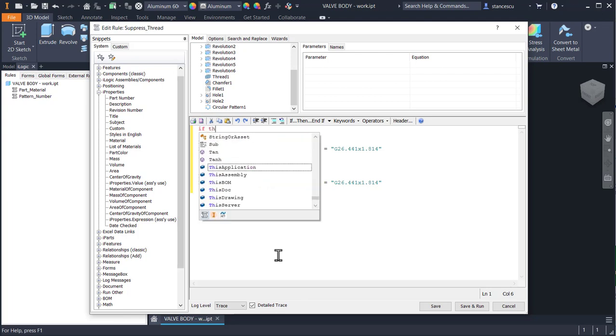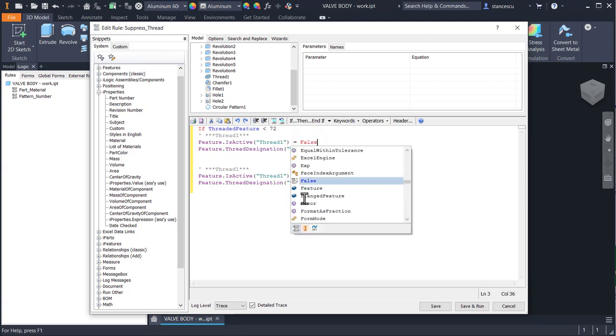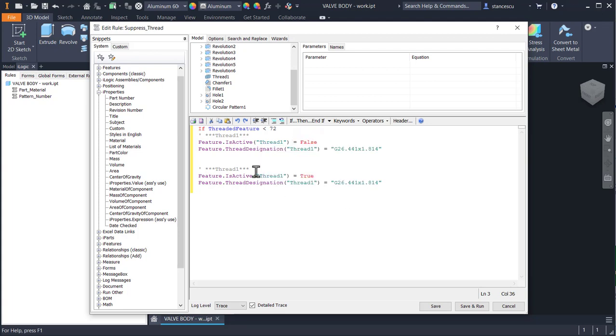If the threaded feature again is less, range is between 55-85, is less than 72, then true. No, then false. Else true. And if